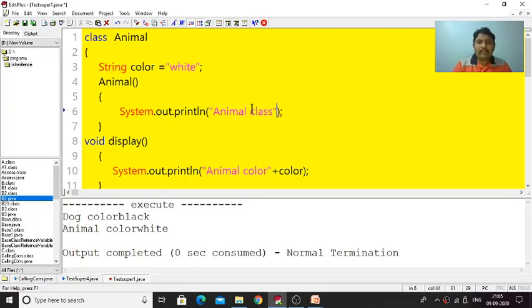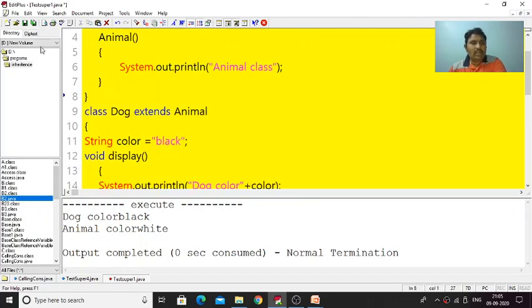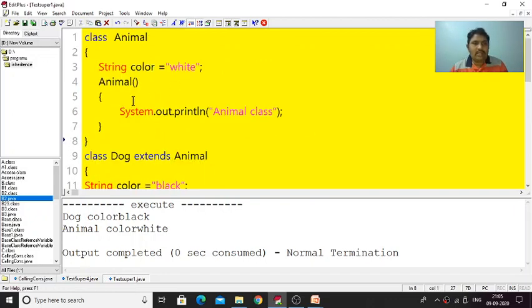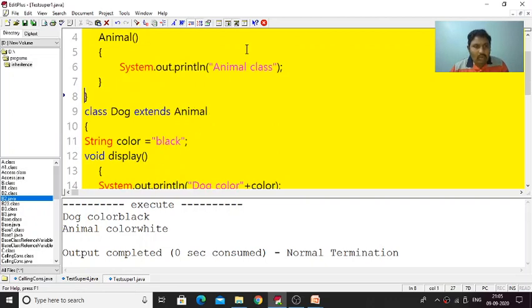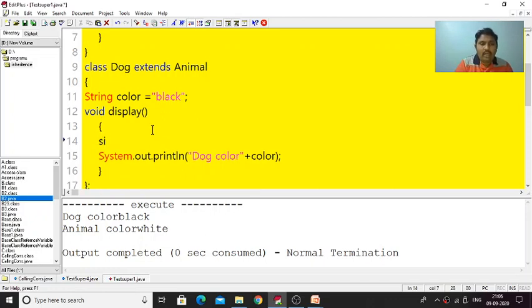Animal class. So now I have animal as a constructor. I am not calling it, so let us remove all the methods. I have in my animal class only the animal constructor. I am not calling that constructor, but how does the compiler call it automatically? Or we can also call it from our method. Now here you can simply mention super off.